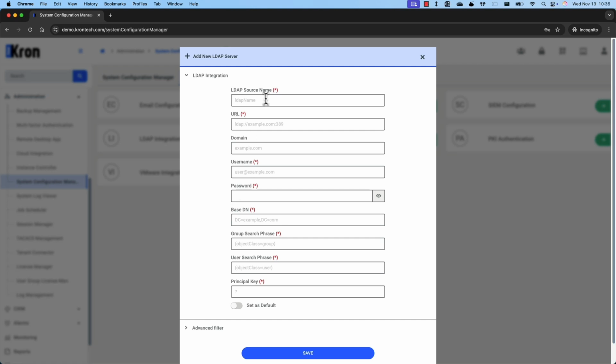First, let's set up an Active Directory integration to import users into Kron PAM. The administrator begins by creating a configuration, starting with a name for the Active Directory setup. Next, the administrator enters the URL for the Active Directory or LDAP server, along with the domain address, username, and password